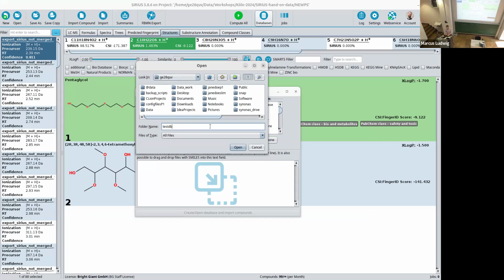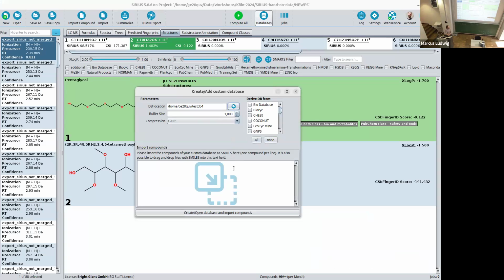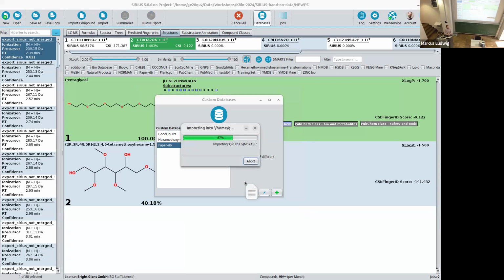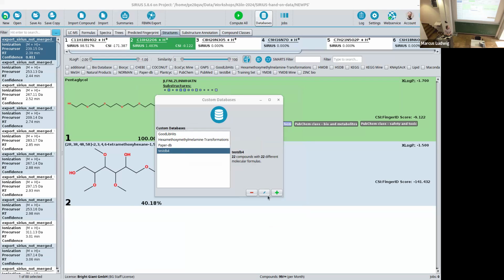Maybe just do another one. If you just drag and drop it in here, it should start, or you can also copy paste SMILES in here and it creates your new database. So you can try this, and in the meantime,